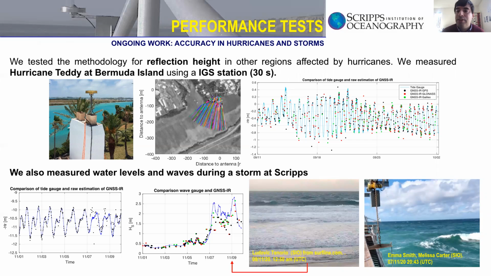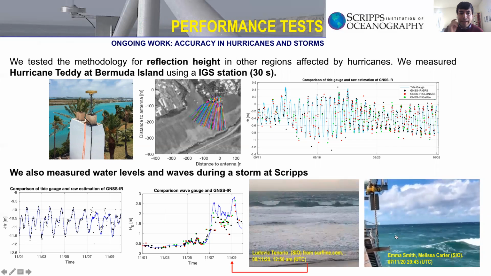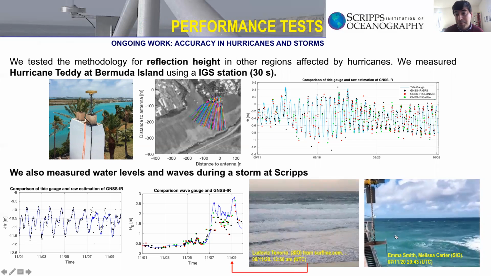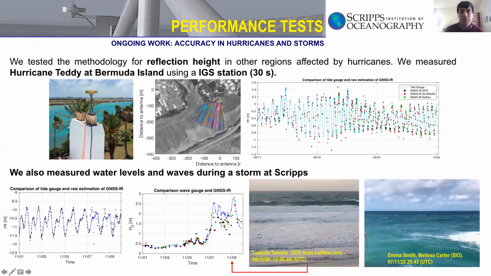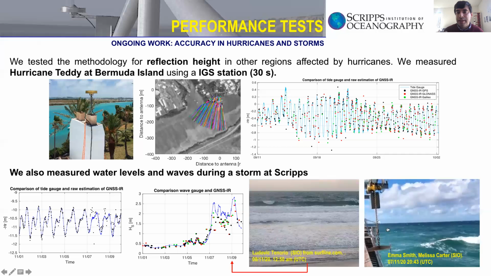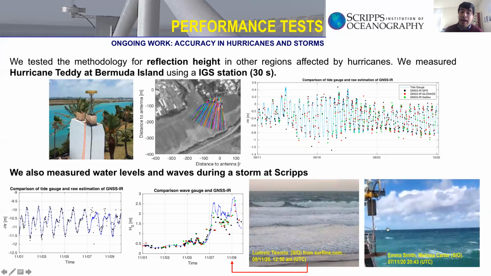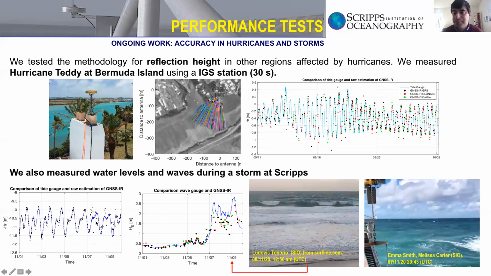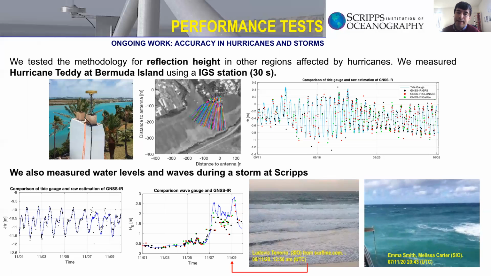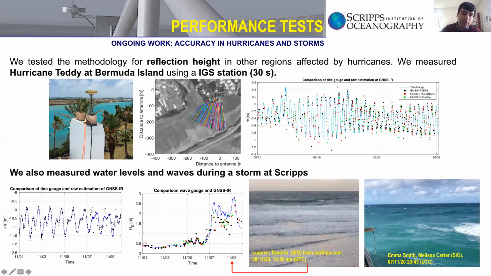Also, a few days ago, we were lucky because we had a very strong storm in Scripps with waves on the order of 3 meters. We know that the wave field is an important source of error, so what we did was try to show the accuracy when we have high waves. And we discovered that we are having problems because the waves are very high, and we are having errors in water levels and wave height estimation, as you can see in this plot, but actually they are